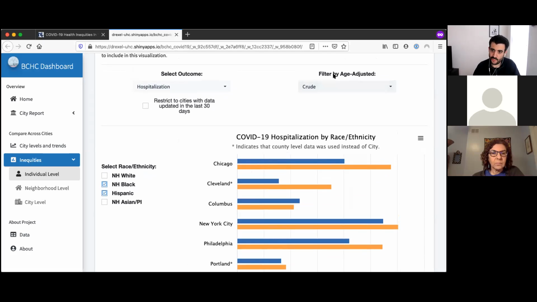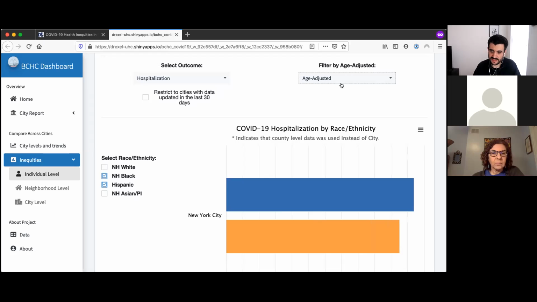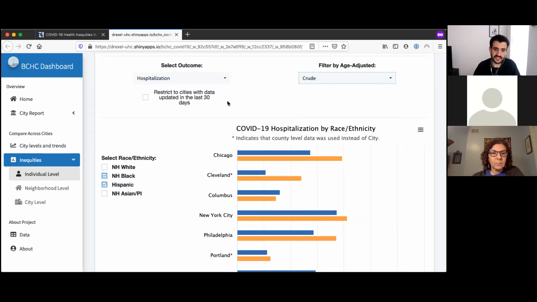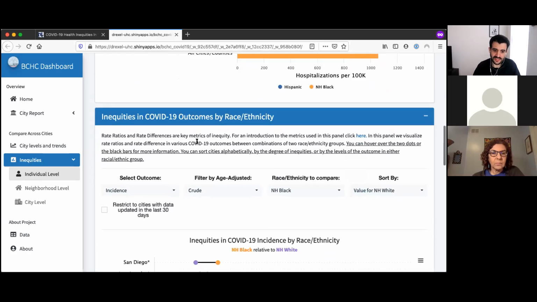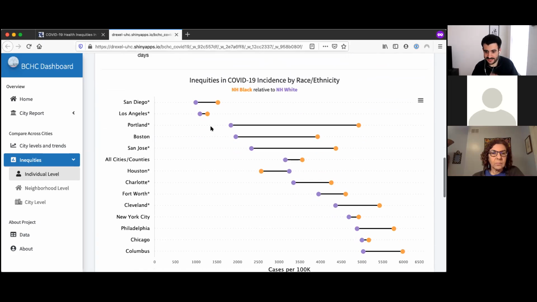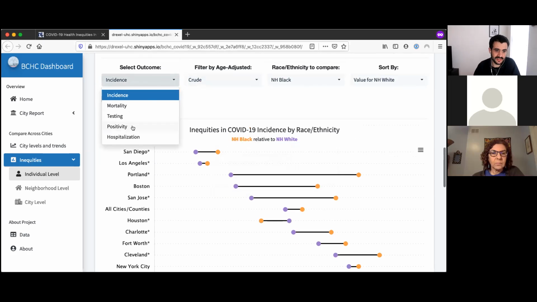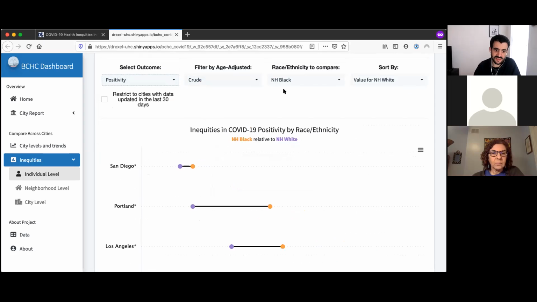Also, we can filter by cities that have age-adjusted data. In this case, if I click here, we'll only show New York City, which is the only one that is showing this in a really available way. But you can also do that in case you are interested in seeing the rates in that sense. The other thing we are doing in this is allowing you to see how the gaps are in each city. So for example, let's look at differences in positivity between